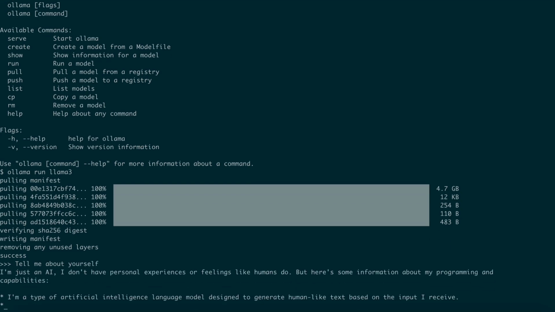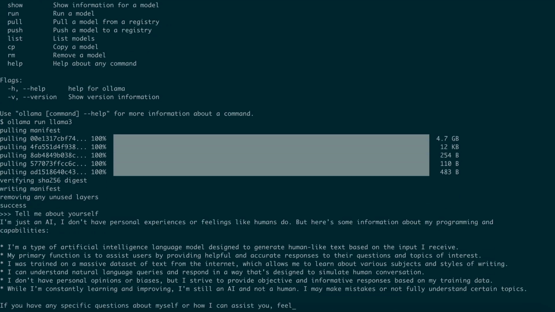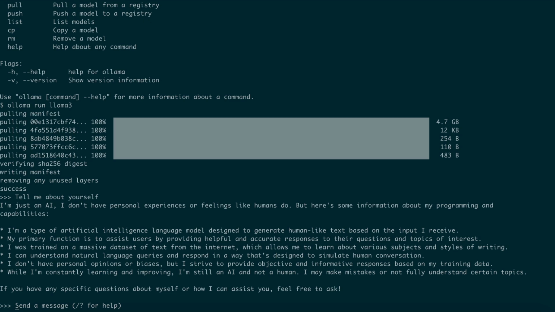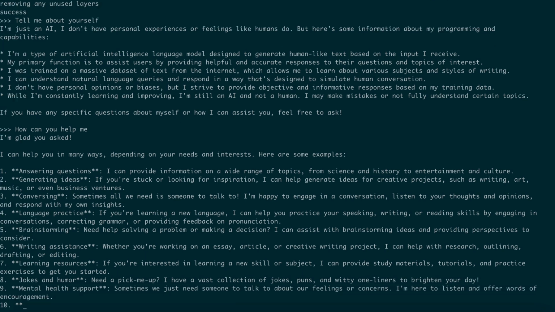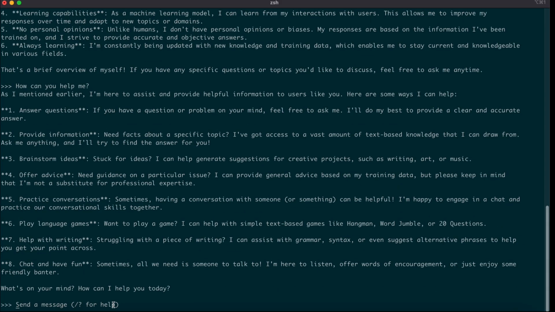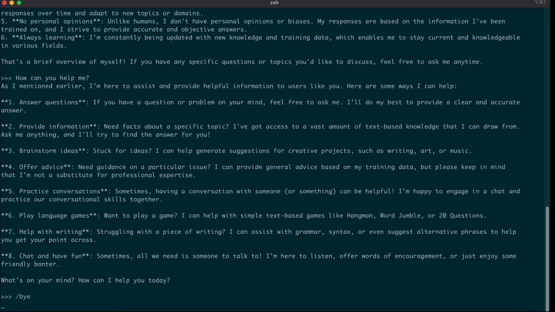The ollama run command initiates a chat session that persists until you exit. Now, you can keep chatting and the model remembers what you entered as long as it fits within its context window. To exit the chat session, type /bye.